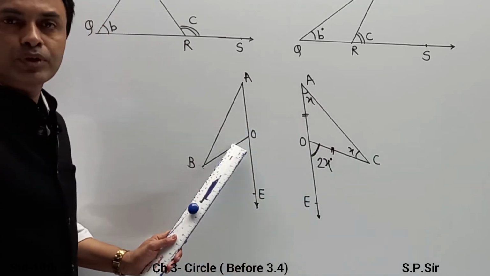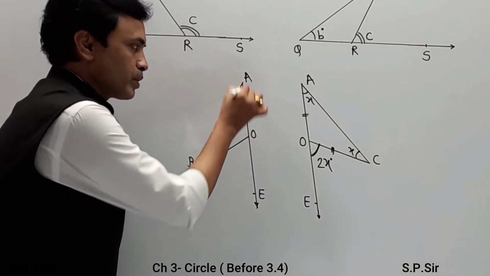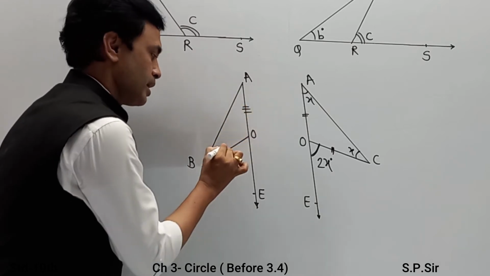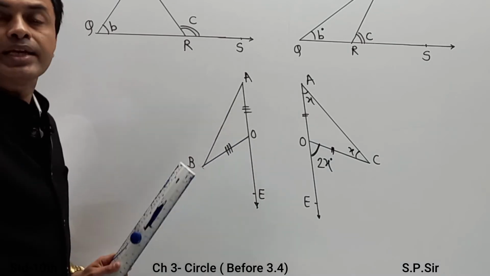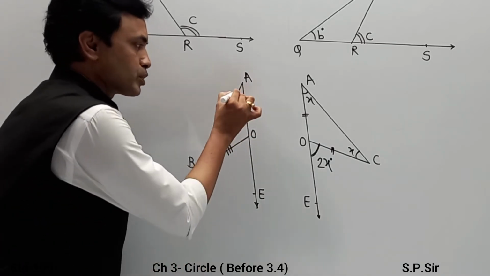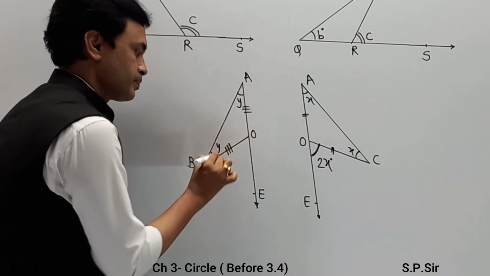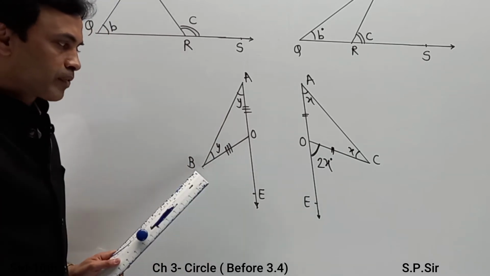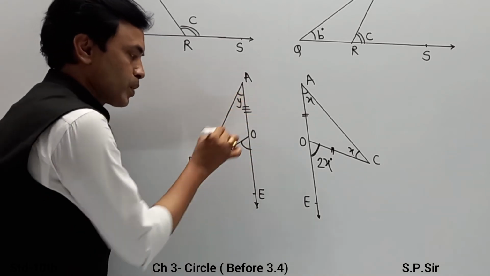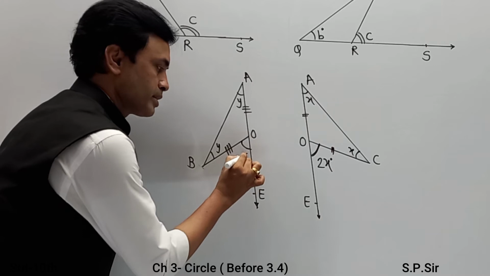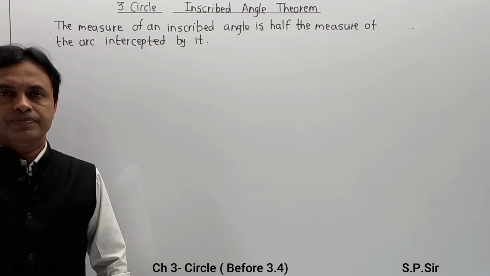Similarly in the same diagram, if I introduce values over here with another reference, like OA equal to OB, means this side is equal to this side. If this triangle OAB is an isosceles triangle, indicating the angles opposite to these sides as Y and Y, automatically the value of the exterior angle BOE becomes Y plus Y, and that becomes 2y degrees. And in this way, this is useful when we are going to understand the inscribed angle theorem.